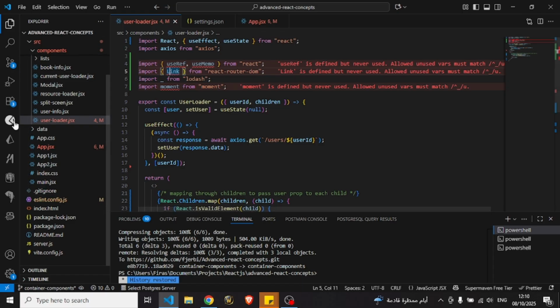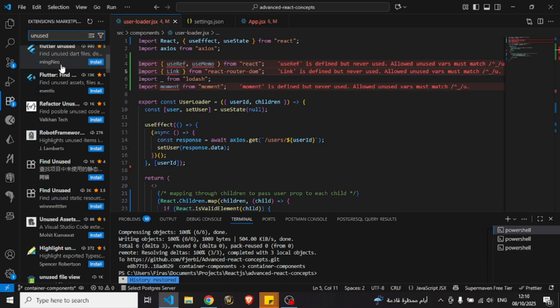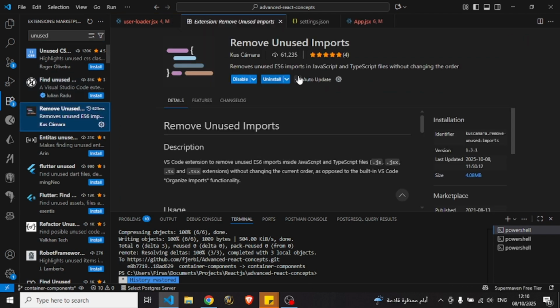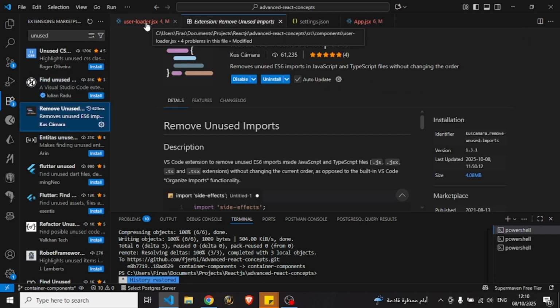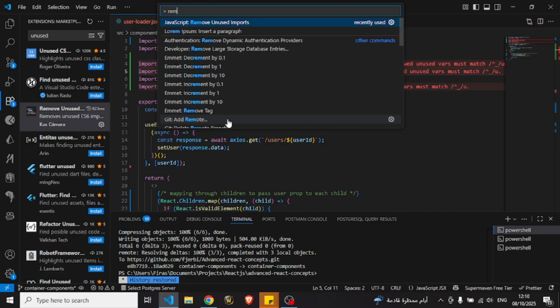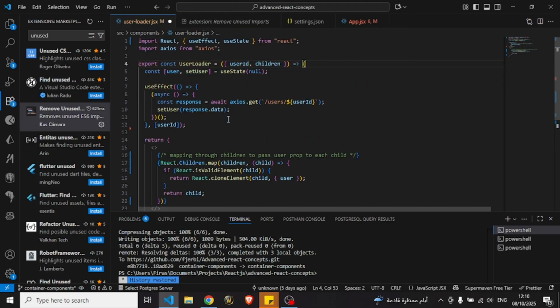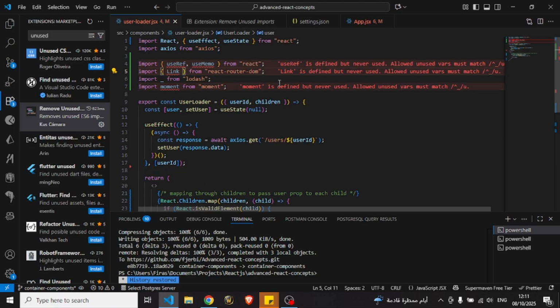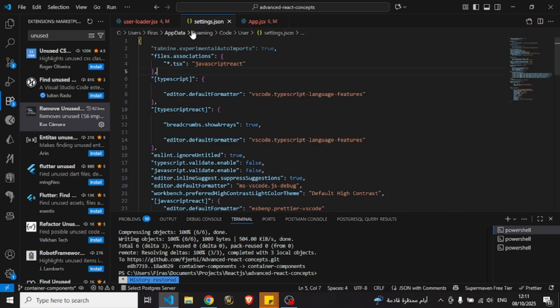So the easiest solution here is to install a VS Code extension called Remove Unused Imports, and the usage is very good because here you have two options. Whether you do it manually by typing Control Shift P and you just type remove unused imports and that's all, or the better way to do it automatically is you go to the settings.json, you can find it